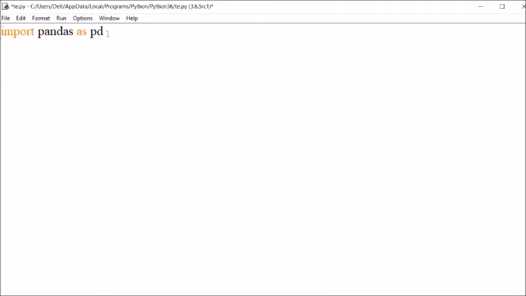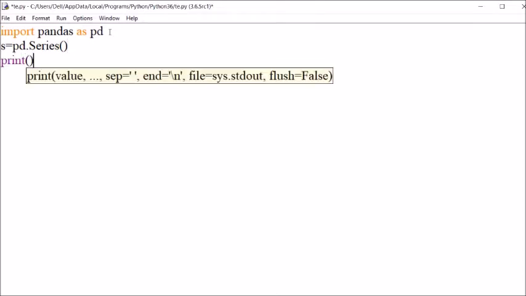I'll tell you, import pandas as pd. After that, you use S is equal to, this is a user defined name, any valid name you can take, pd.Series, with capital S, blank. Press enter, print S, function F5.